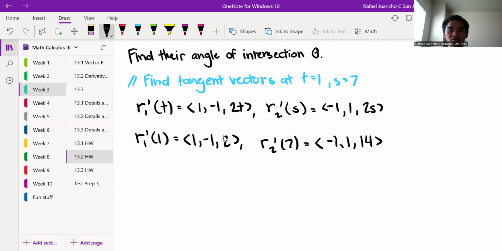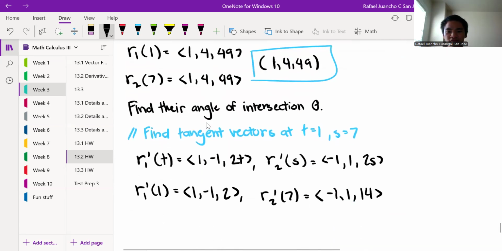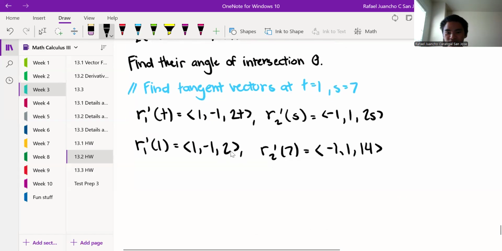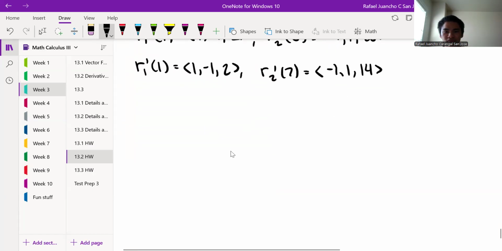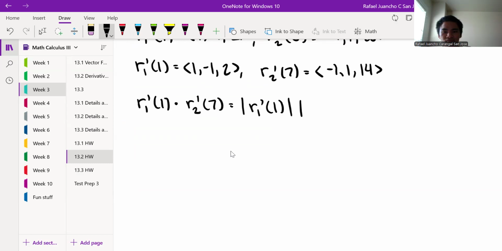Now we can actually find their angle of intersection. So let's quickly do that. I'm going to get their dot product here, and then we get their lengths, and then we multiply by cosine theta, and then we find theta. So to get this dot product,